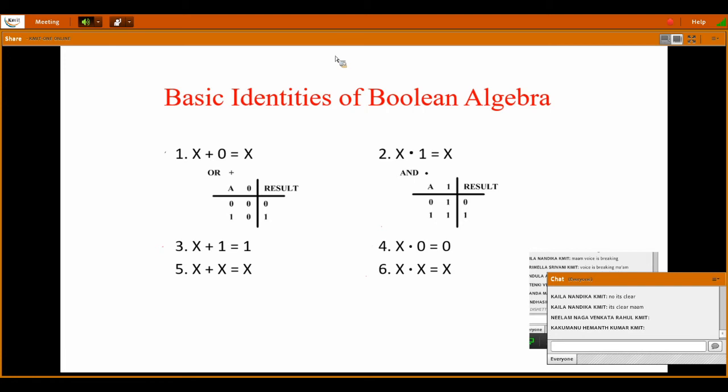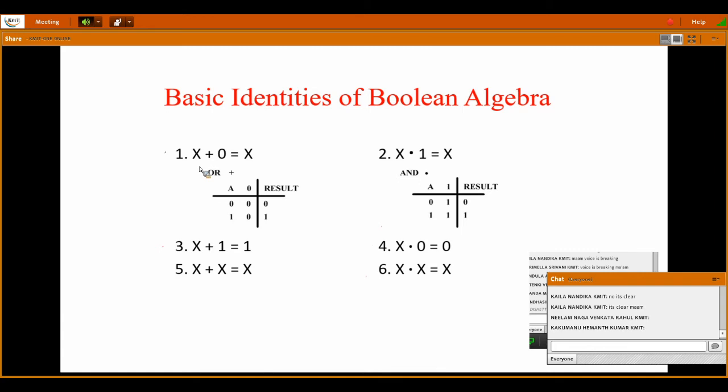But since it is online, if it is possible for you, take a pen and paper and note down these Boolean identities, because in later slides I'll give you some questions, some expressions. You need to simplify those expressions using these identities. You can't remember all of this at the time of solving the problem. I have given serial numbers; there are 18 to 19 identities. That's why I'm asking you to write them down.